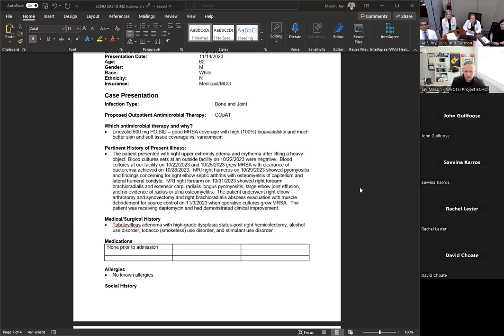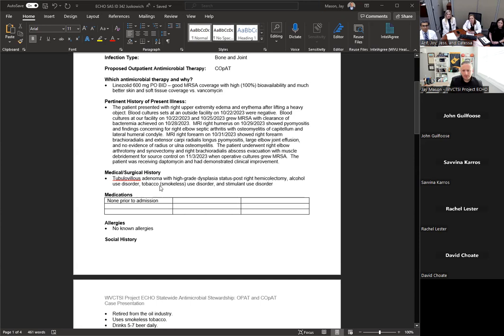So, proposed antimicrobial therapy and why. We proposed linezolid 600 milligrams by mouth twice a day. This has good MRSA coverage with high, 100% bioavailability. And for the skin and soft tissue component, it has much better penetration than vancomycin, which was also part of the reason, when the patient was on IV therapy, daptomycin was chosen over vancomycin. Just a teaching point. So, going on to his medical and surgical history, he did have a tubulovillous adenoma with high-grade dysplasia,